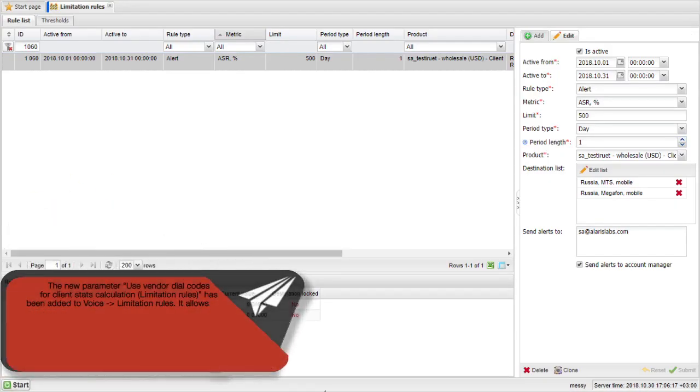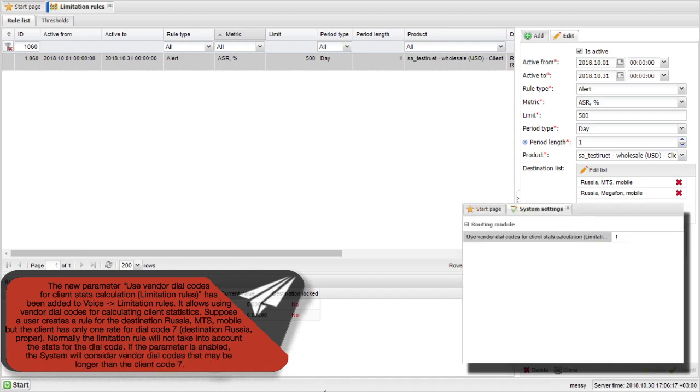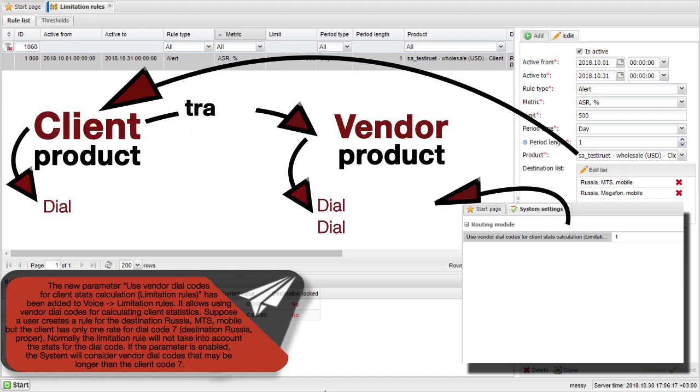The new parameter Use vendor dial codes for client stats calculation has been added to Voice Limitation Rules. It allows using vendor dial codes for calculating client statistics. Suppose a user creates a rule for the destination Russia MTS mobile, but the client has only one rate for dial code 7. Normally, the limitation rule will not take into account the stats for the dial code. If the parameter is enabled, the system will consider vendor dial codes that may be longer than the client code